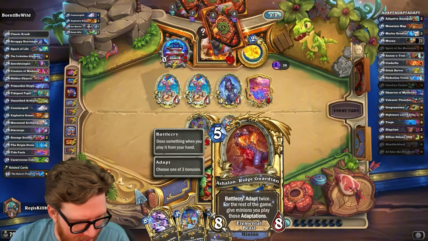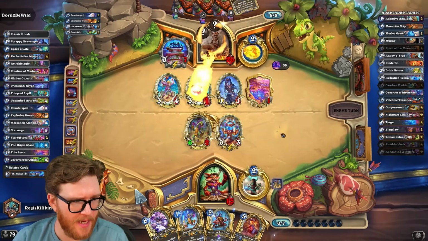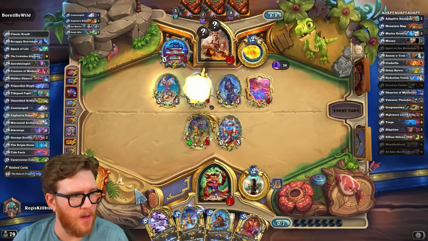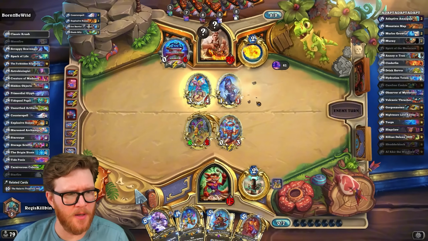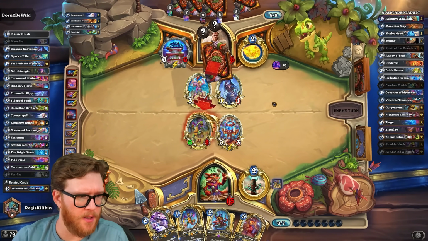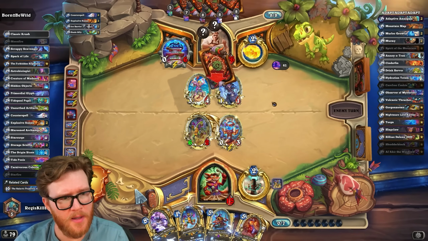I mean, I can get, like, taunts and stuff, you know? I think taunt's one of the Adapts, I think. Oh, that wasn't so bad. Ooh, that's bad. That's just 8 damage. Oh, I'm pretty much dead. Oh, jeez. Okay. Moonfire there does save me a little life, maybe, but...